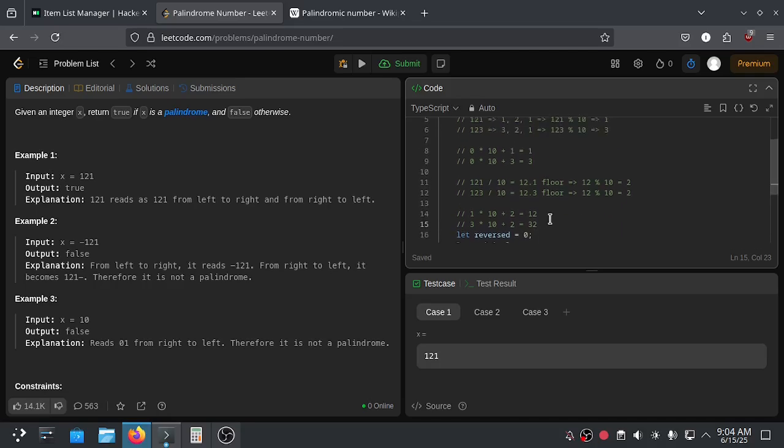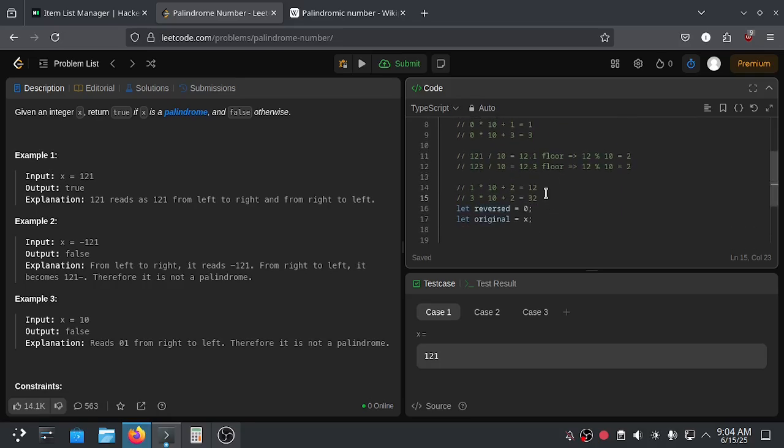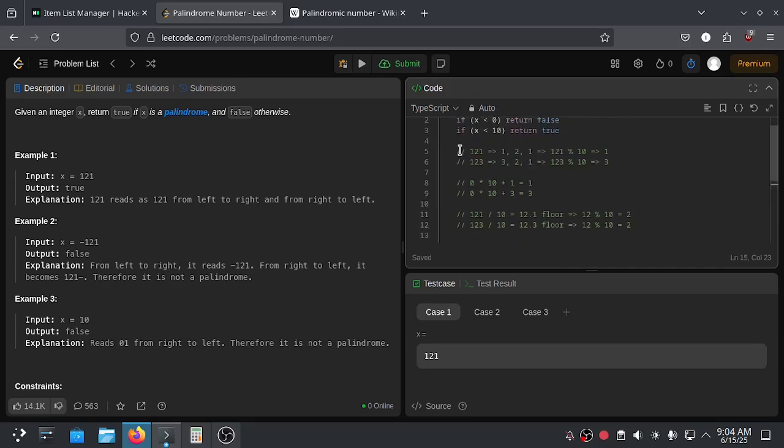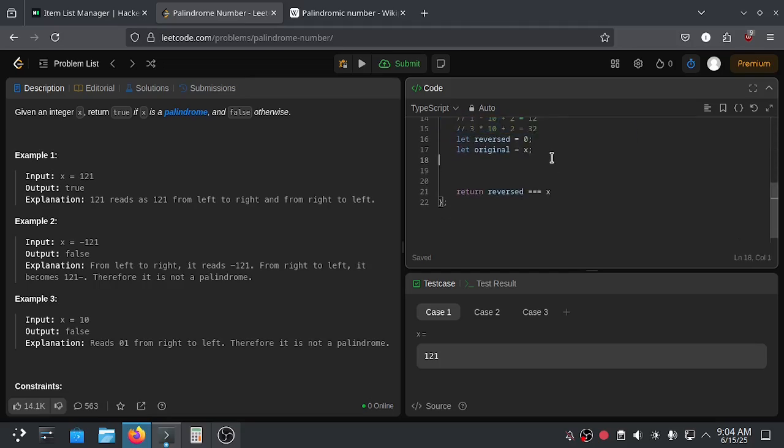So let's implement this right away. For the iteration, we are not going to use a for loop. We can straight away use a while loop, as long as the original is not equal to 0.